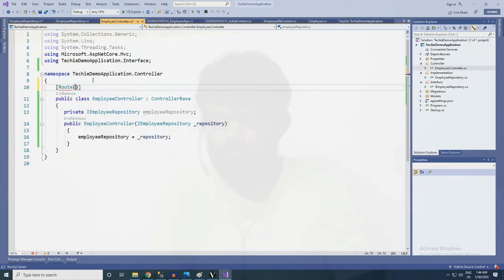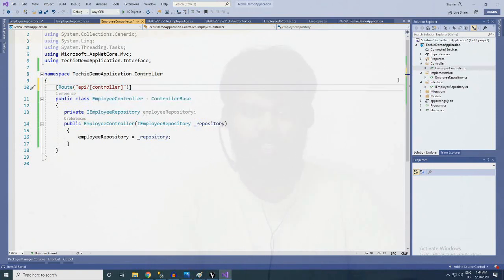In this part we need to add API slash controller in braces, which will be replaced by employee.